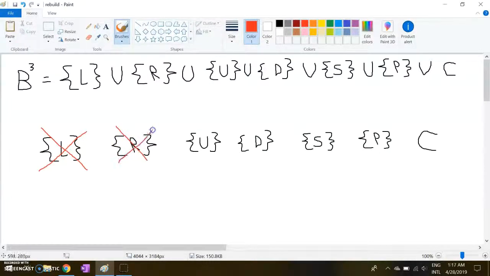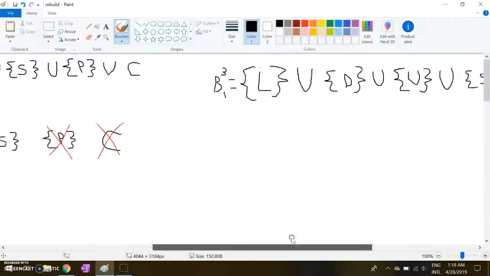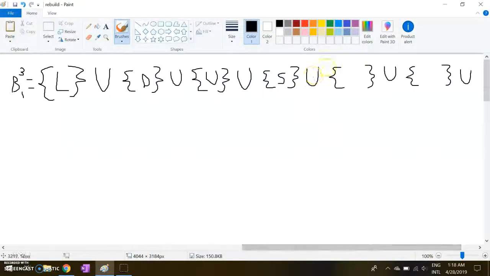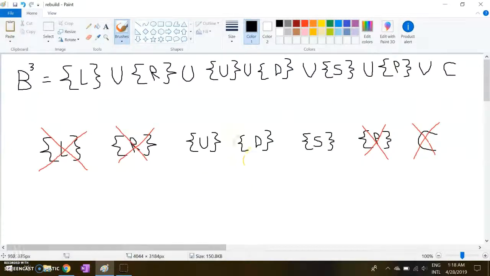So we can throw in the right points, and we can also throw in the center and the poles. If we put those three pieces into our first reconstruction, we get the right points, we get the poles, and we also get the center. And with that, we have the entire sphere recreated, and we still have these pieces left over, which we can use to make the second one.